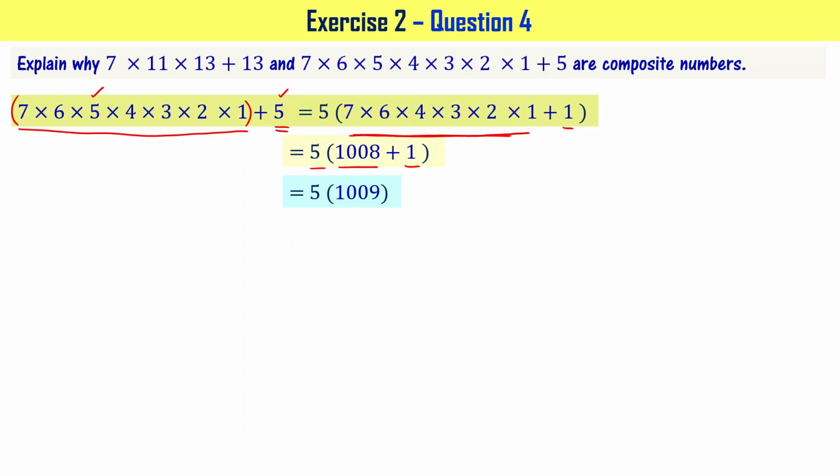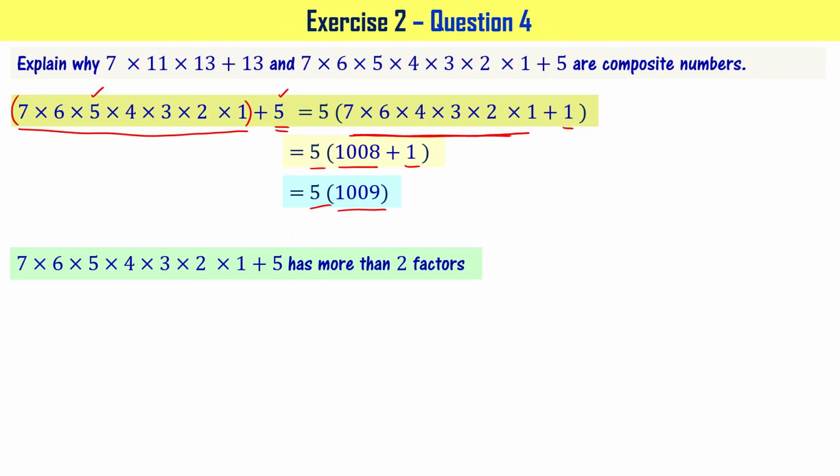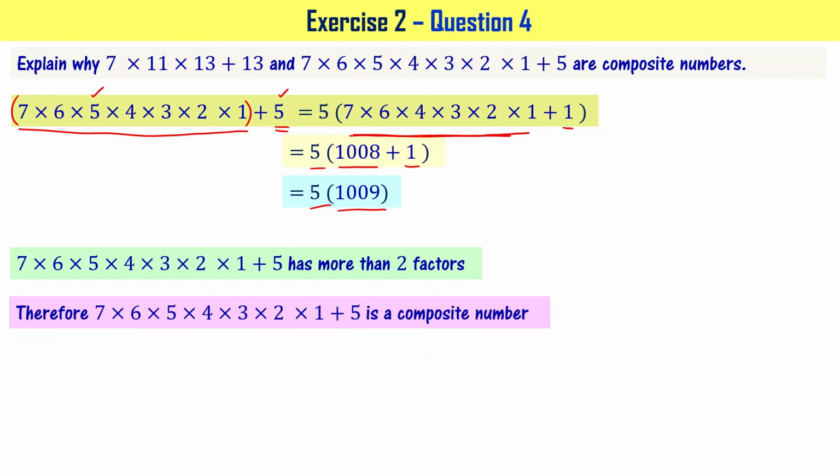Looking at this number itself, I can say that it has two factors, what I am seeing here, number 5 and 1009. And there is another factor which is common to any of the numbers, that is number 1. It means it has more than 2 factors, right? For that reason, I can say that it is a composite number. I don't need to see whether 1009 has any more factors or not. No need to even check that, because already 5 is a factor and this big number is also a factor and number 1 is also a factor, right? That's why we can say that the given number is a composite number. Got it?